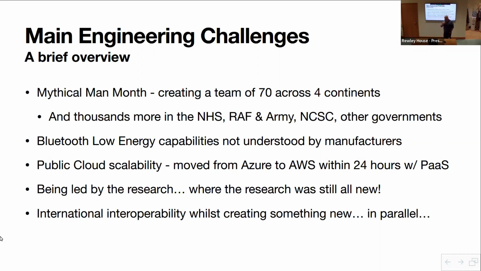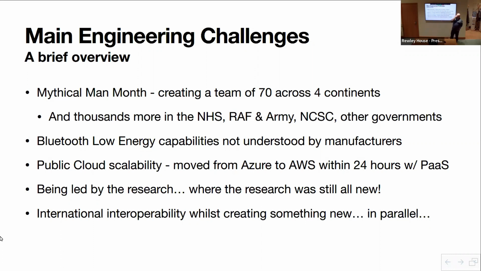There were probably another 100 or so developers brought on through other companies within NHS X at the time. As designers, I brought in teams I trained at RAF and Army, and we worked with NCSC and other government agencies and other governments as well: the Singapore government, Norway, Germany, Ireland, and some Canadian governments. So it's quite a lot that we worked on. So coordination and people was a big thing. I think that's often overlooked in technical projects.